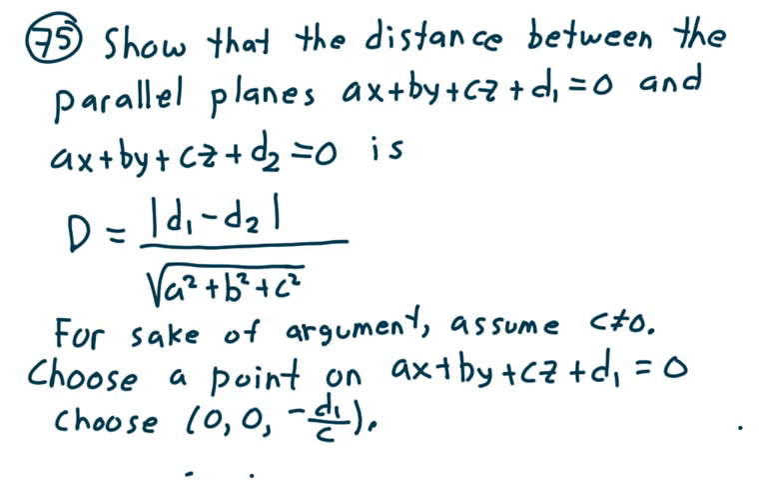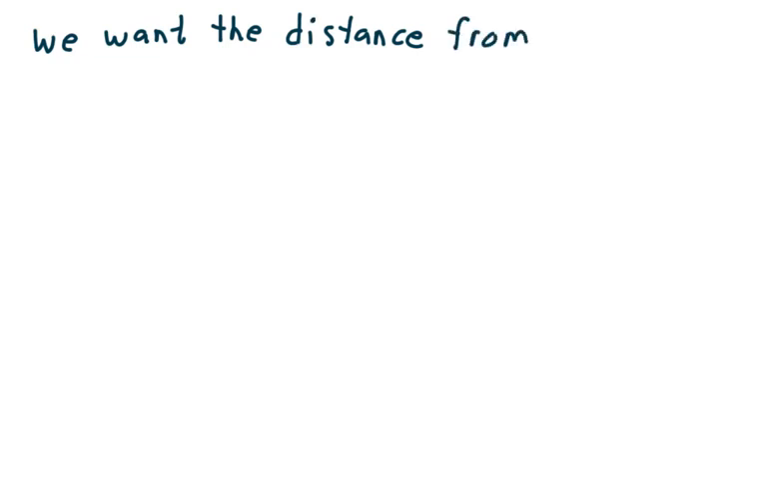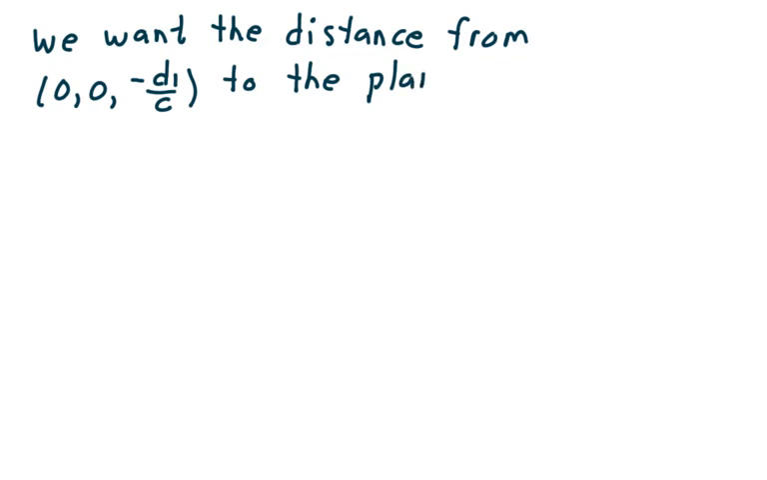Okay. Now, let's come over here. So, we want the distance from 0, 0, and then negative D1 over C to the plane AX plus BY plus CZ plus D2 equals 0. Okay? So, from here,